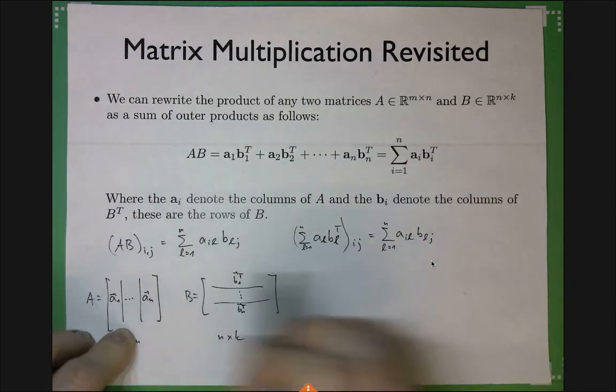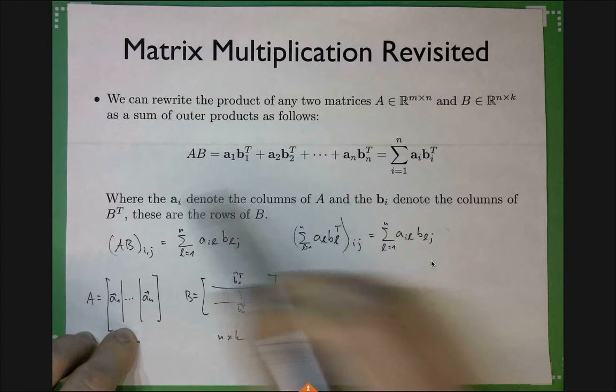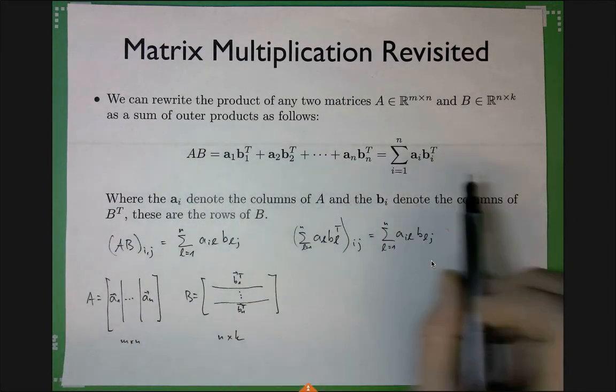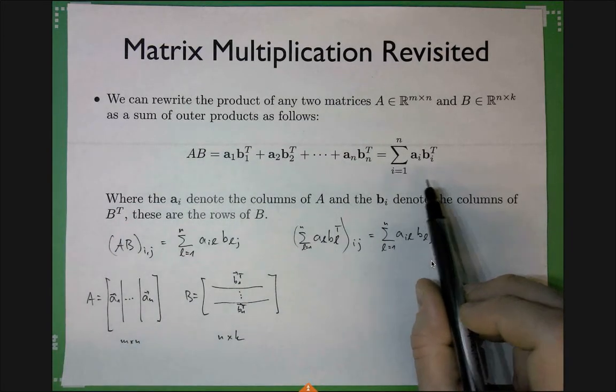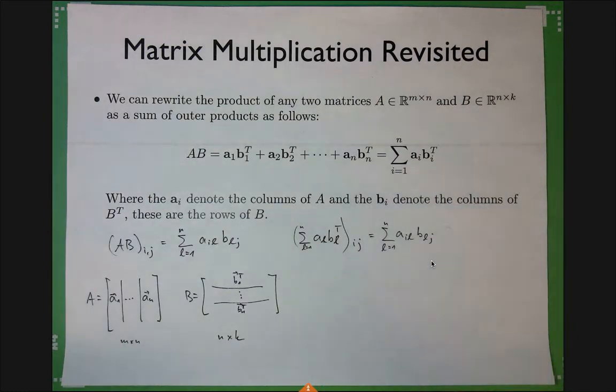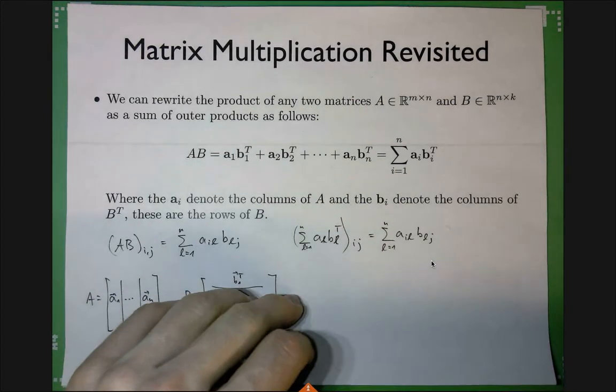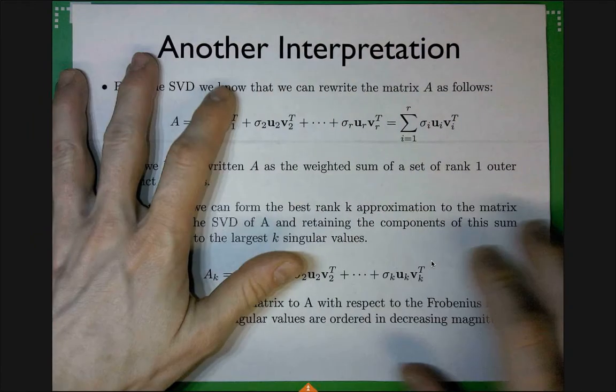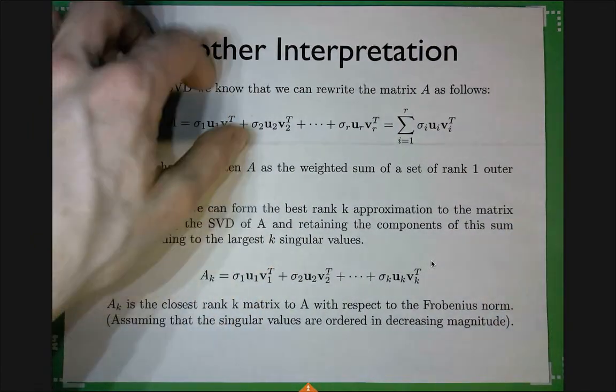So that's really the same thing. In other words, I need to really go a little bit faster. This is just a different way of rearranging the additions and multiplications in matrix multiplication. So when you apply this sum of outer products to SVD, you get a nice expression, because we have the matrices U, V,